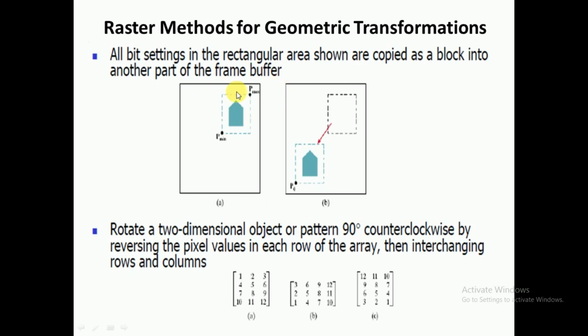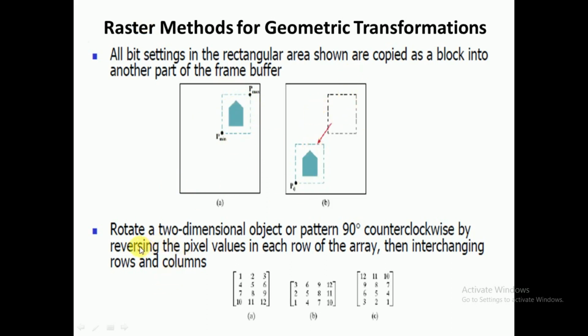But in this case, my output is already there in the frame buffer. What have I done? Cut and paste. I have copied the content of this area from the frame buffer, then pasted it somewhere here. Then you feel that the object has moved on your monitor. Again, as I have told, the size of the frame buffer is exactly equal to the number of pixels on your monitor. Every frame buffer memory location relates to a particular pixel. If you change anything here, you are directly changing the pixel content of your monitor. That's why it happens like this.